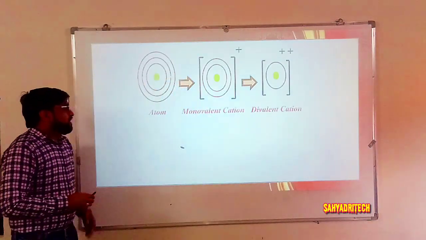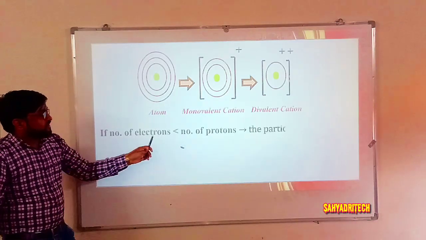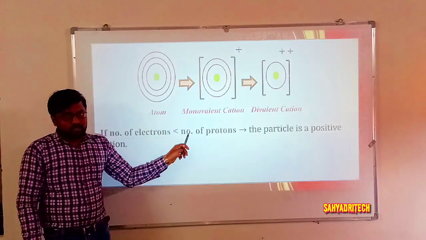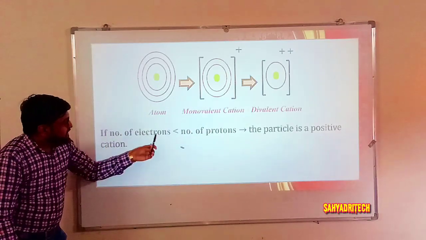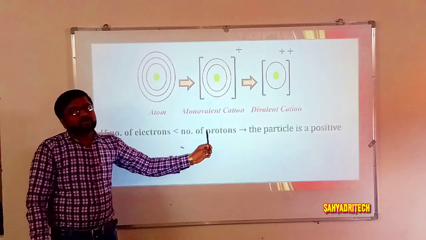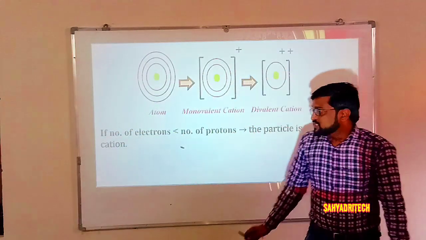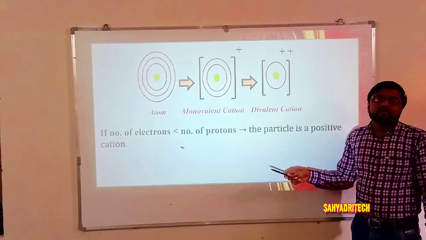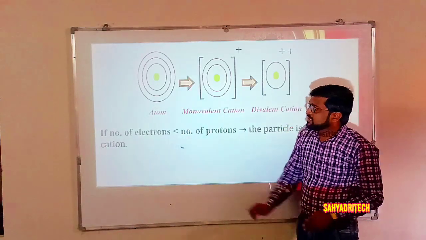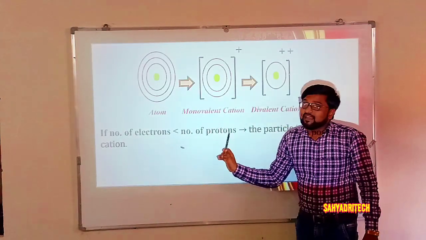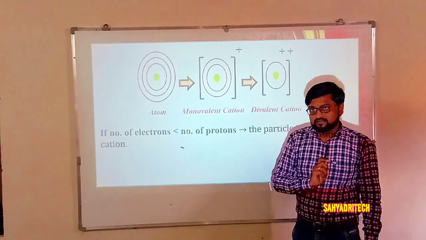Well, overall what I can say here, if the number of electrons is less than the number of protons, okay, overall how those cations will be formed means, if the number of electrons is less than the number of protons in any chemical species, the resultant will be what type of particle? A positively charged particle will be formed, or simply what I can say, cations are formed. Okay, what is to be remembered here? If the number of electrons is less than the number of protons, the resultant will be cations.